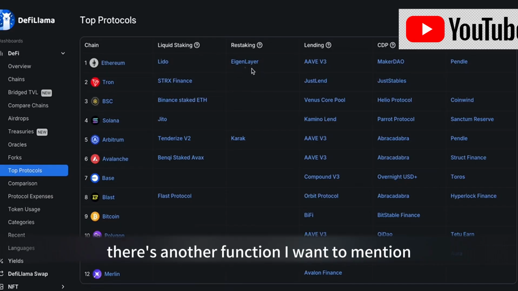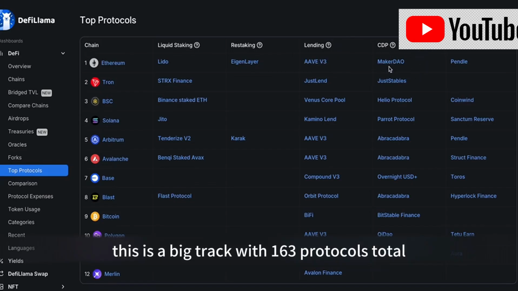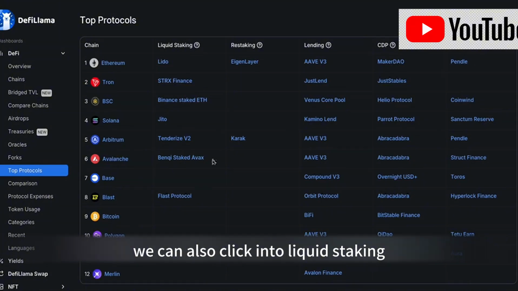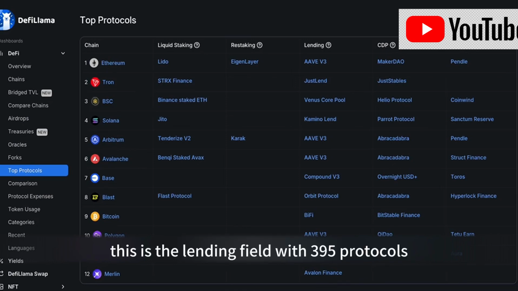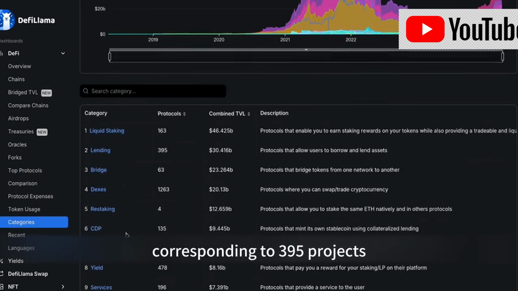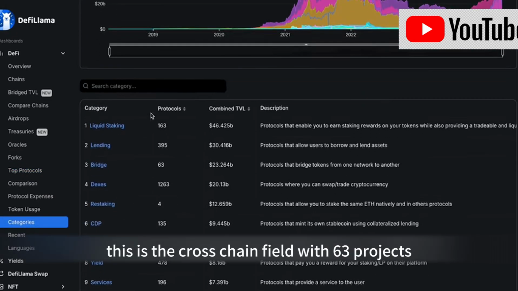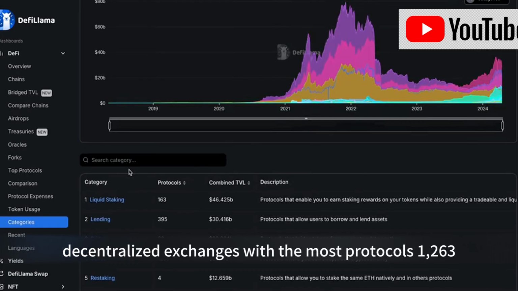There's another function I want to mention, the categories section. For example, we can see current blockchain DeFi fields like liquid staking, which we know about. This is a big track with 163 protocols total. We can also click into liquid staking to see many protocol situations, each protocol involved in liquid staking, and how each protocol performs. This is the lending field with 395 protocols corresponding to 395 projects. This is the cross-chain field with 63 projects. This is DEX, decentralized exchanges, with the most protocols,